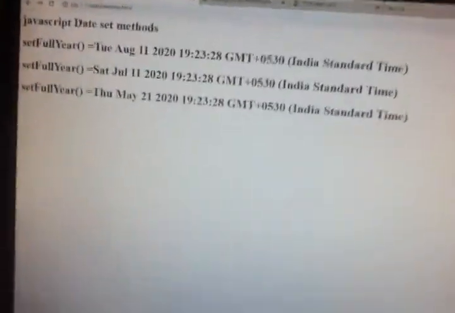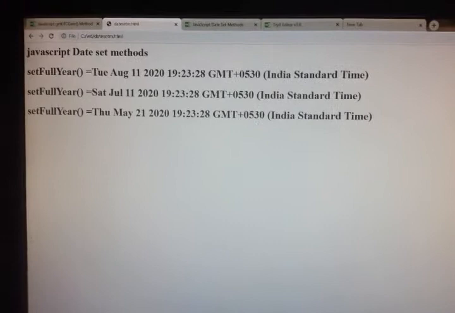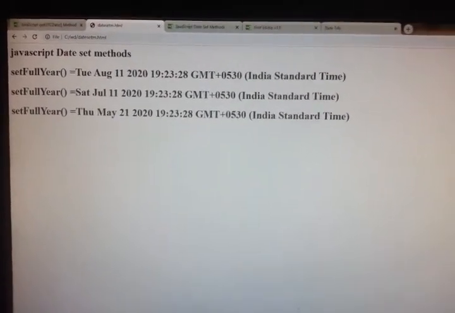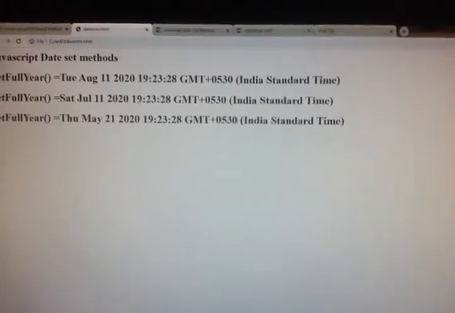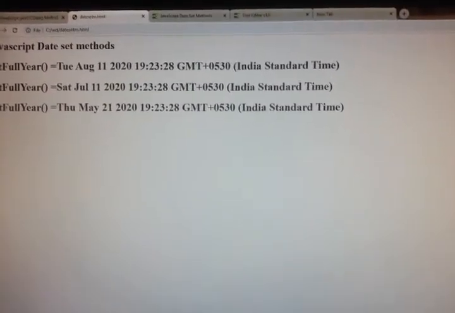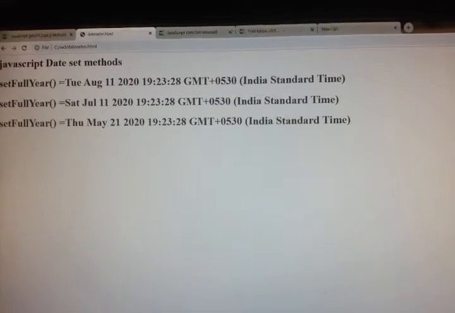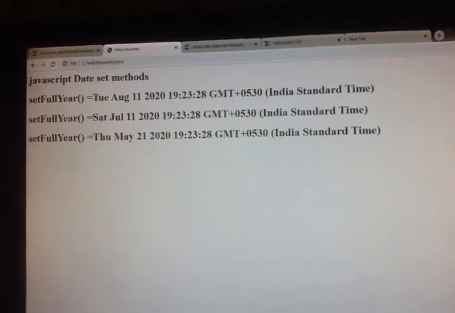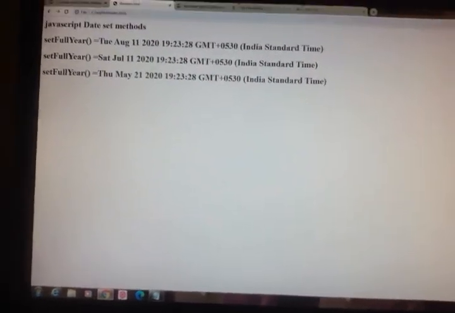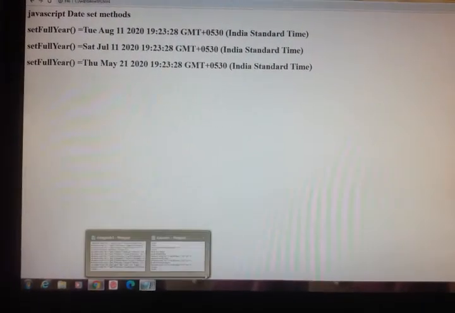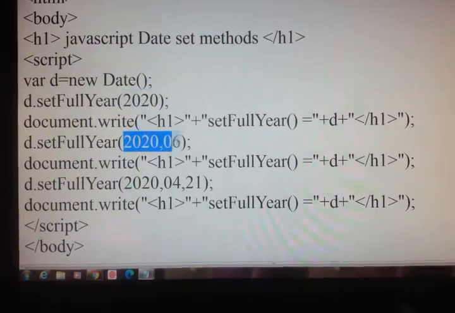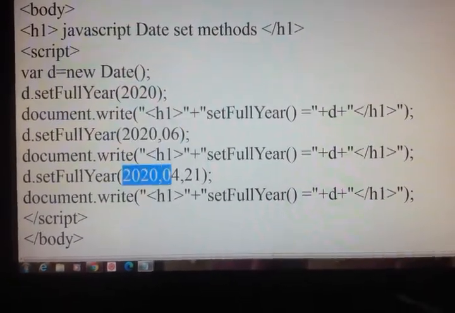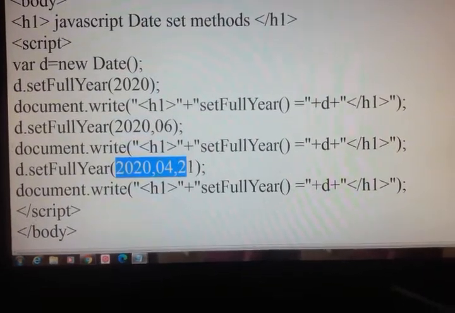So I got May 21, since the date I passed is 21. May 21, Thursday, and we got the time. So for set full year we can give the year, we can give year followed by month, and year followed by month followed by day.